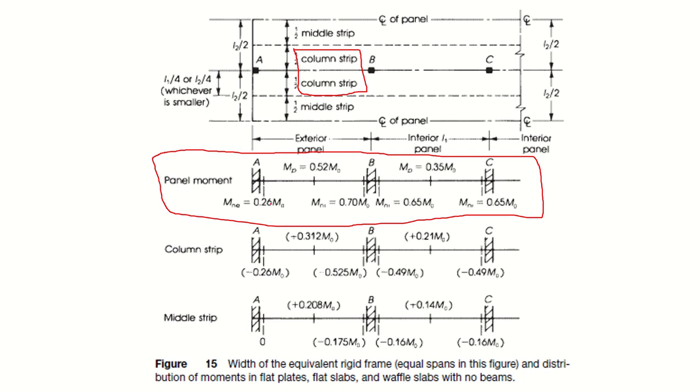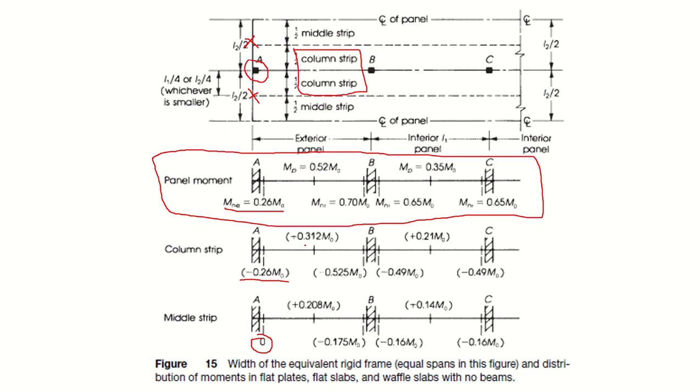You have to divide this. For example, in case of transverse distribution, the whole negative moment at the exterior edge will go to the column strip and nothing will go to the middle strip. Because of the stiffness, this portion will get all of the moment and there will be no bending moment assigned to these portions. Okay, the next one is this center or the positive point where the bending moment,